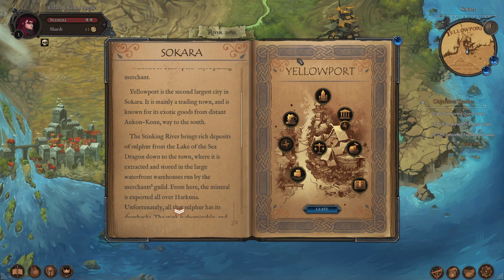Yellowport is the second largest city in Socara. It is mainly a trading town. I guess Marlock City is number one. It is mainly a trading town and is known for its exotic goods from distant Ancon Konu way to the